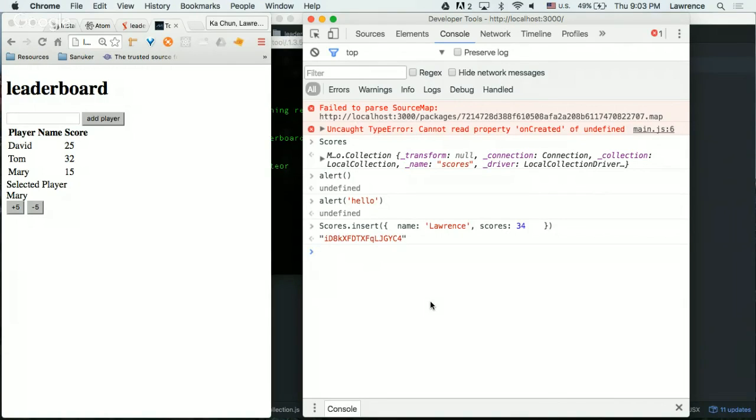Okay, and then try to press the up arrow. We're going to insert another one. Try to change the name to say Peter, and then with a different scores. This time, say maybe 8, something like this. You can type whatever you want. Once you're confident with what you're typing, then you can press enter. And then you should see another random character thing. Try to add one more, so at least three times. So this time I'm going to have Jane, and then 18. So if everything goes okay, you should have 3 random strings like this.